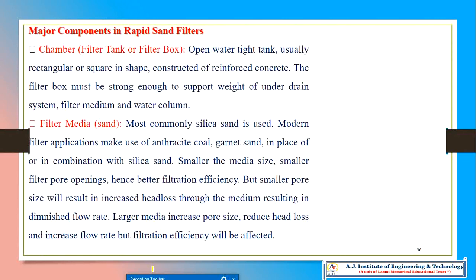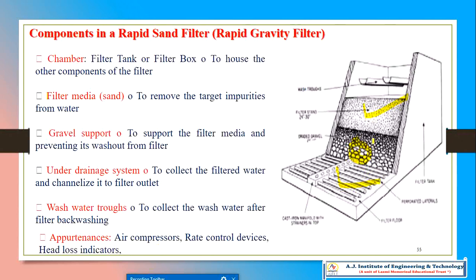Graded arrangement, if you provide it, just see the figure here. In a graded arrangement there is smaller gravel, then a little larger, then larger gravel, so that sand can easily rest on the support of the gravel. If you provide it vice versa, with larger gravel on top, then the sand will rest on the inside of the gravel. That should not happen. It means the gravel has to be graded when put in, from the bottom to the top.